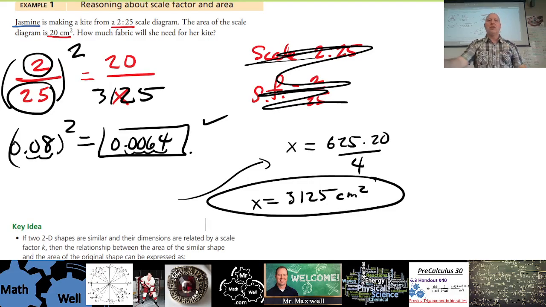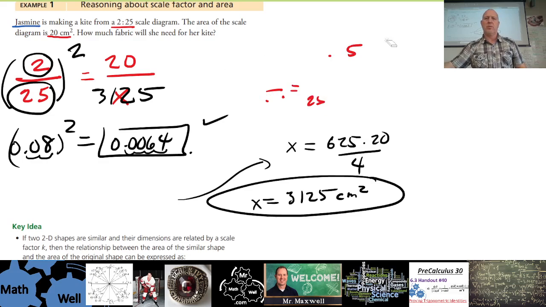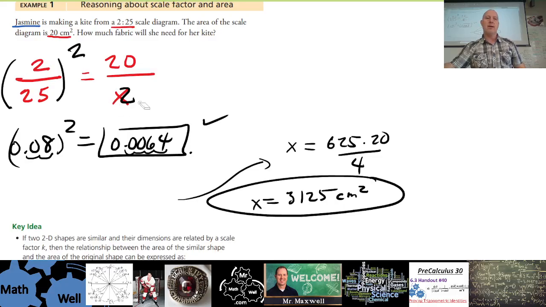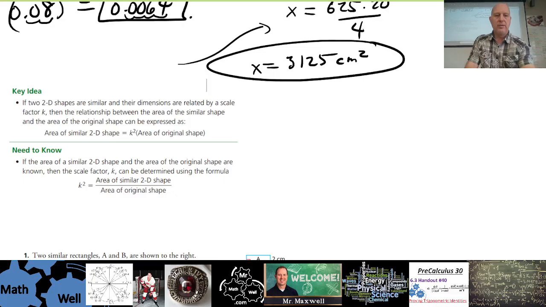All right. So again, I really don't understand why they said the scale factor was 25 over 2. It doesn't matter because we don't need to know the scale factor. We just need to know how to arrange our equation here. Okay. Good. All right. Let's read the